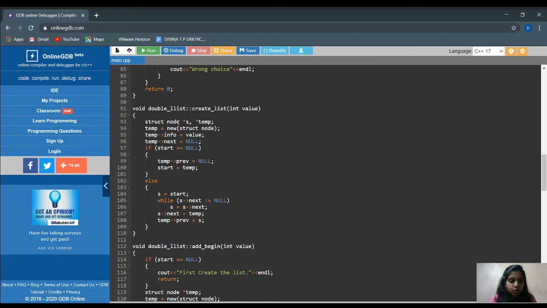The first thing, void double list, which is the create list. Now we are creating a list. I have initialized temp equal to new struct node. Then I have given temp info equal to the value, then temp next is equal to null. Then I am checking whether start is equal to null. If start is equal to null, then temp previous is set to null, then start is equal to this temp, which means that value. Else